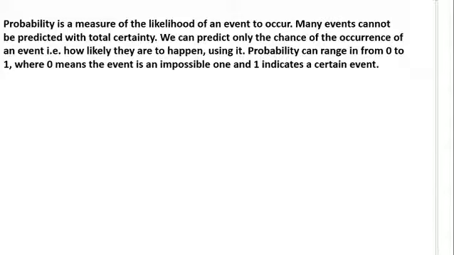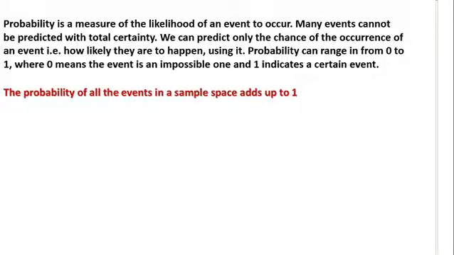So the probability of all the events in a sample space adds up to 1. So the probability of all events add up to 1 in a particular sample space. For example, today you're either in class or you're not in class. Okay, so it's certain that you're either here or not. That means that the probability is 1, because there's a certainty to the sum of those two events. Okay, but we'll go into that better as we proceed.